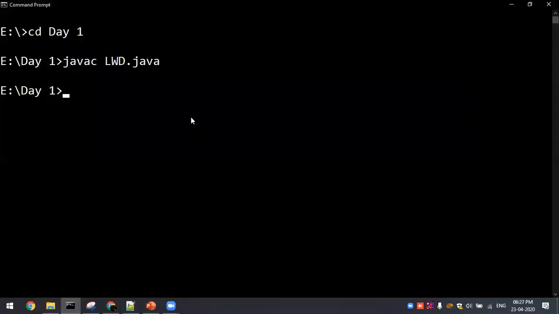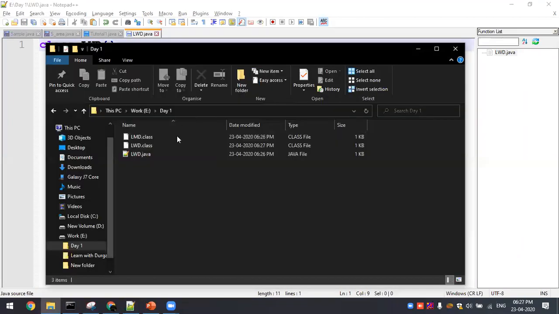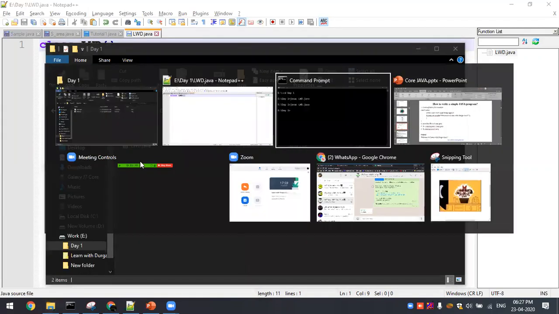Now I just changed the class name, right? So generate a class file for lwd. Previously it was lmd. Now it is going to be lwd. Okay, let me go ahead with that. Checking a platform. You got it. Previously I had saved it as lmd. Now it is lwd. So you generated two class files. Previously you had lmd. Now lwd. My proper class is lwd. So just delete your other class file. Now go ahead with the execution part.